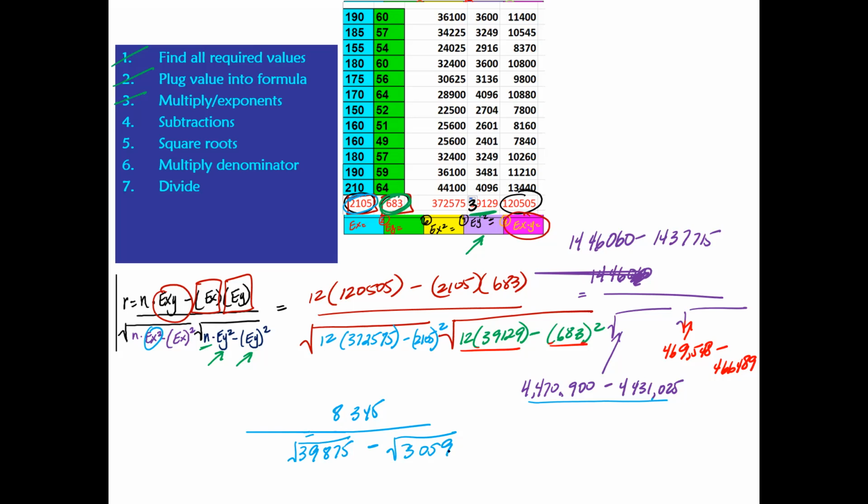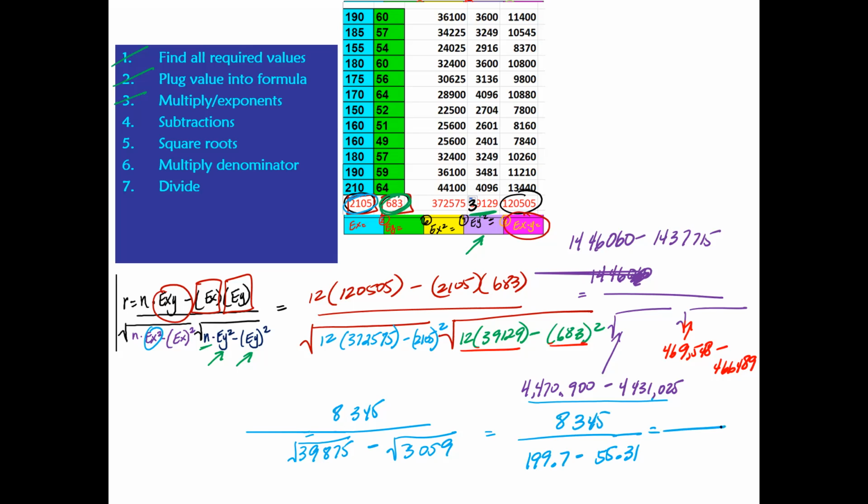Okay, so I found one. So I'm going to put in the number, and that's going to be 39875. And that's going to give me 199.7 minus, so let's go ahead and change that to 3059, and that's going to be 55.31. On top is 8345,